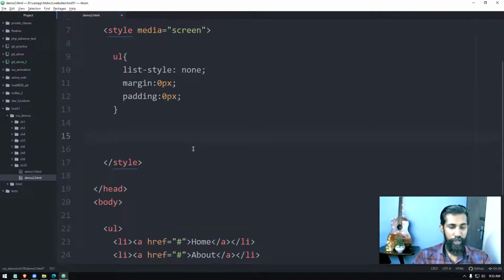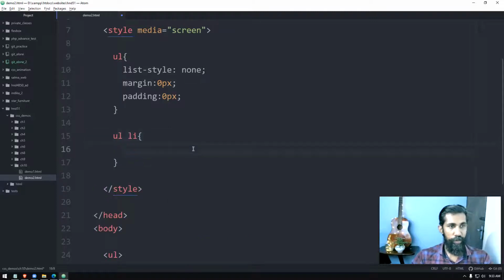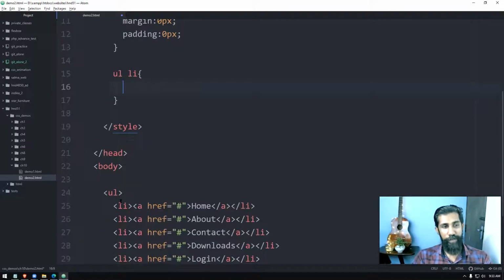So I'm going to change the list items. You can code like this, UL LI, under the UL tag. What comes under it, the LI, you're going to format. There's a small problem in this way also. If you have more than one list in your web page, all of them will get formatted. In that case, you will have to use an ID or a class attribute and do it, right?